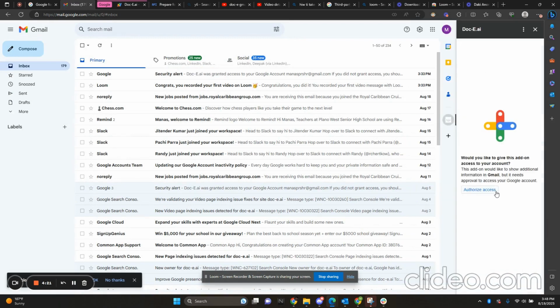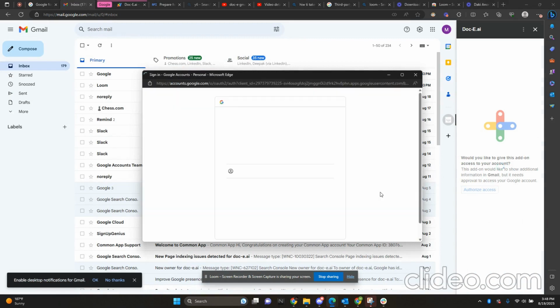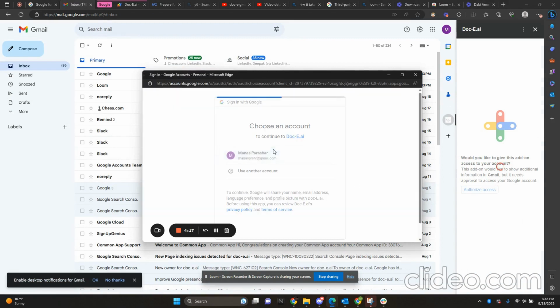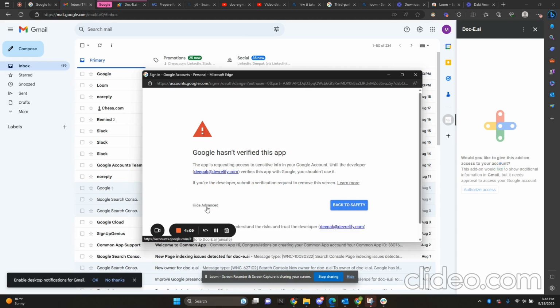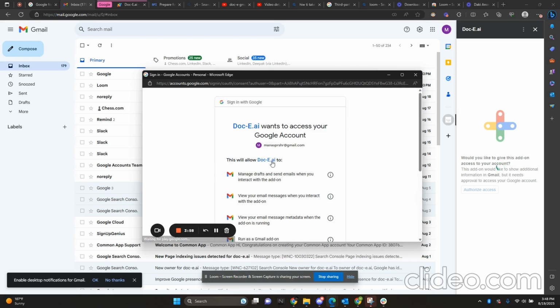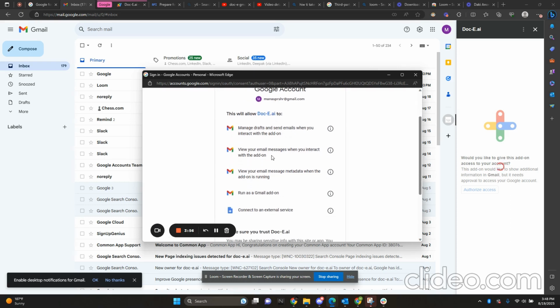So now I need to give it some authorization access. So over here, I'll have to select the Gmail account through which I would like to send the add-on on. So I'll choose a specific account, so I'll proceed, and now it here shows me the permission that I'm giving to